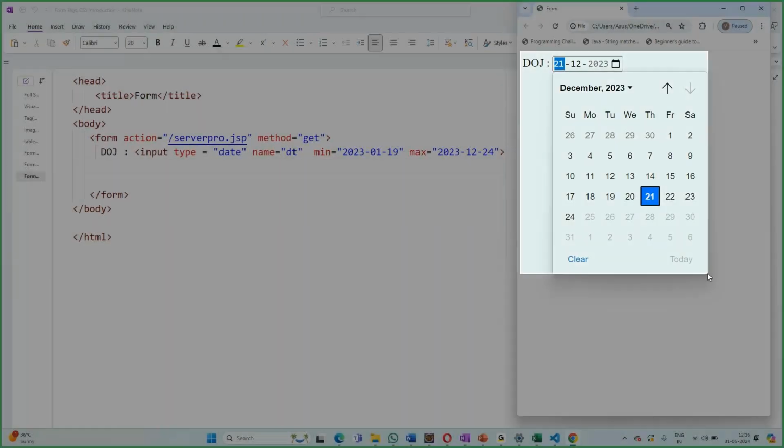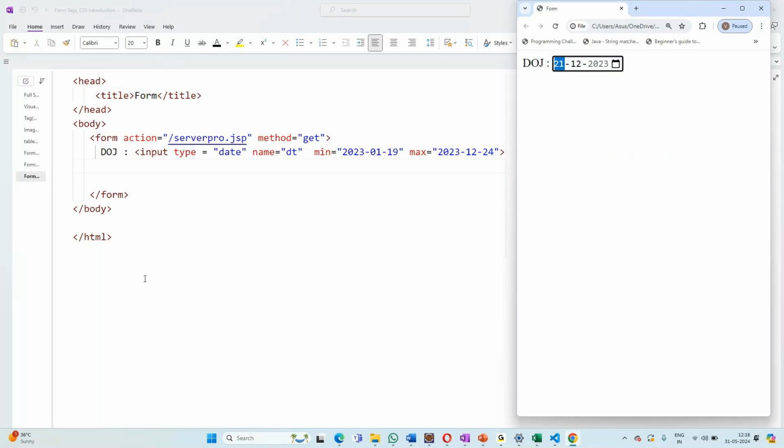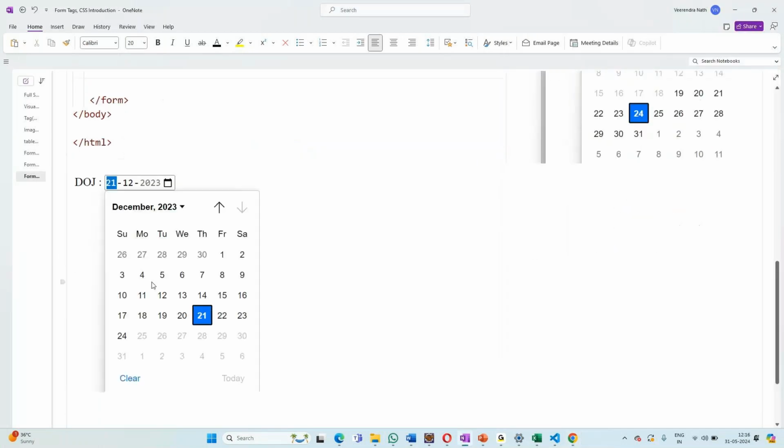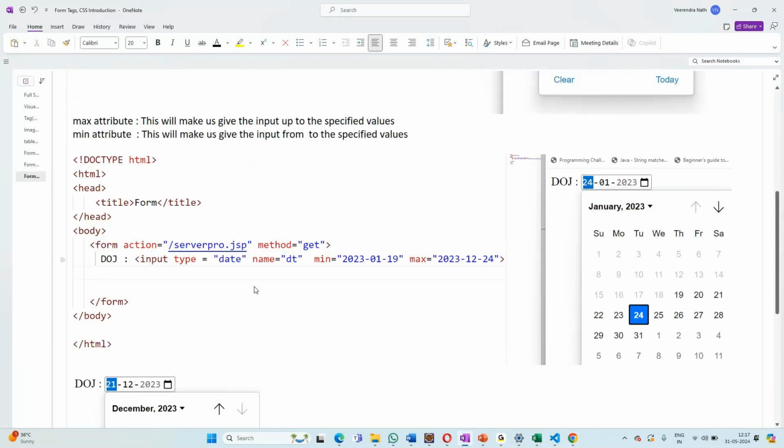Yes or no? Okay. So that is how we are dealing with the date with the minimum value and the maximum value. So in job interviews and all, this will be the thing, no? Yes or no? Okay. So this is what is date for you. Okay. Then